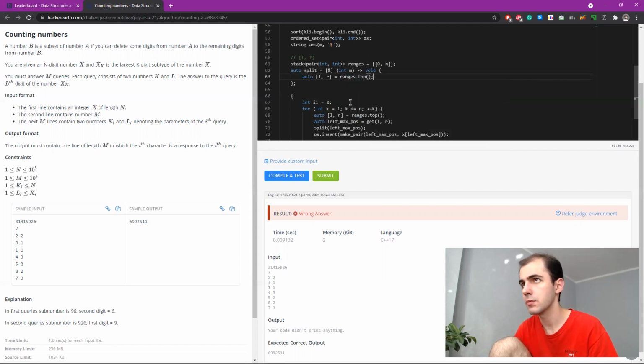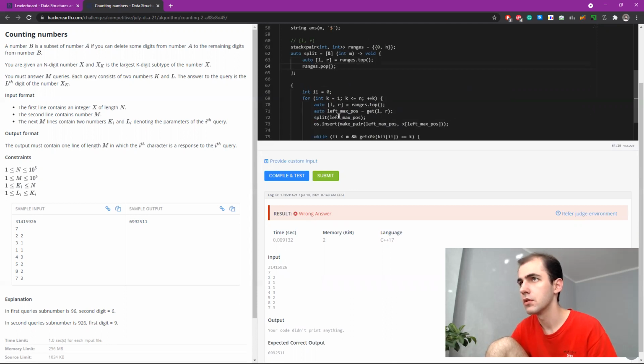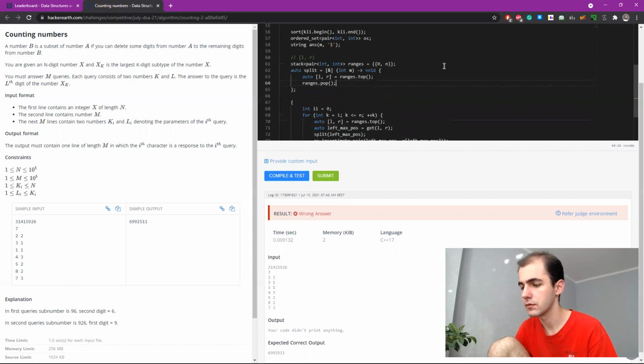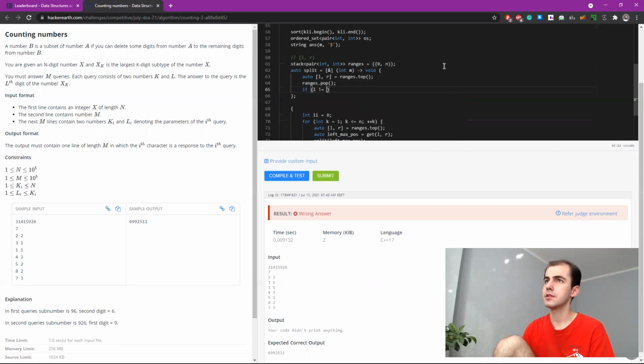Ranges top, ranges pop. A bit unclear, but so what happens next? If L is not equal to the split position, then ranges emplace a left middle.